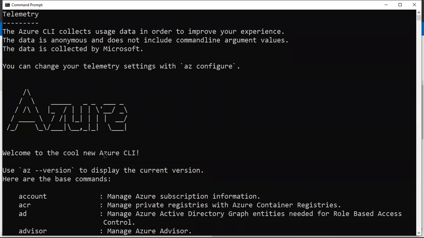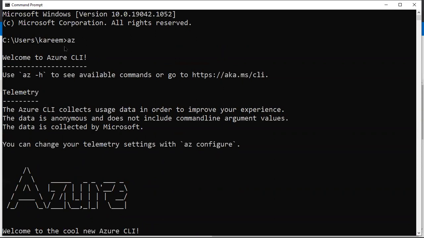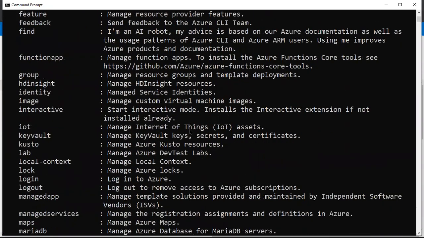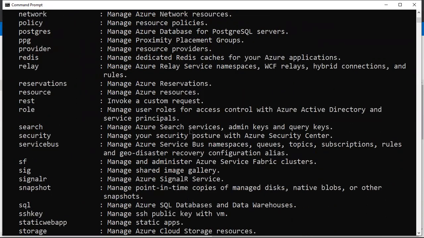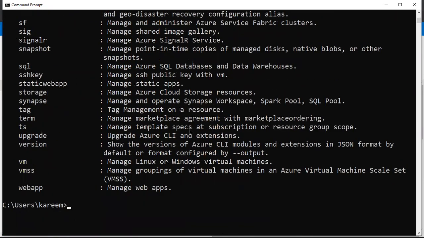Once we install Azure CLI, by using az we can check whether it is installed or not. With PowerShell we can work, as well as with Azure CLI. Azure CLI is better. Why? Because it works on any OS, any platform.